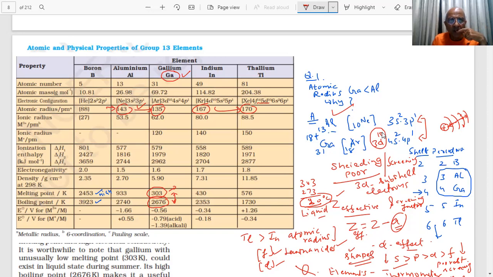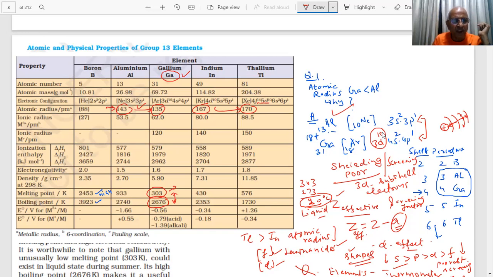See, there are others also, but see the story of this: the melting point is at room temperature, so it is becoming liquid. Others are not becoming liquid at room temperature. Got my point? The melting point and boiling point. Interesting thing. Further, student, you will say that these values are very important.